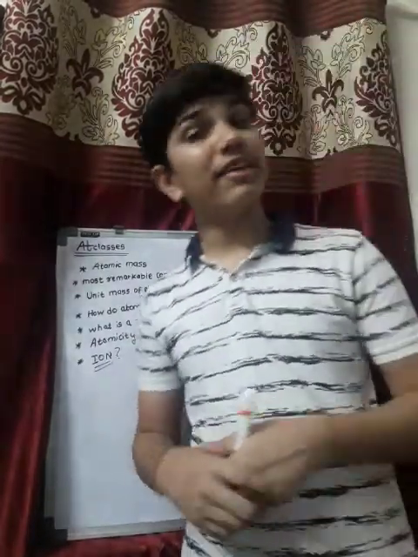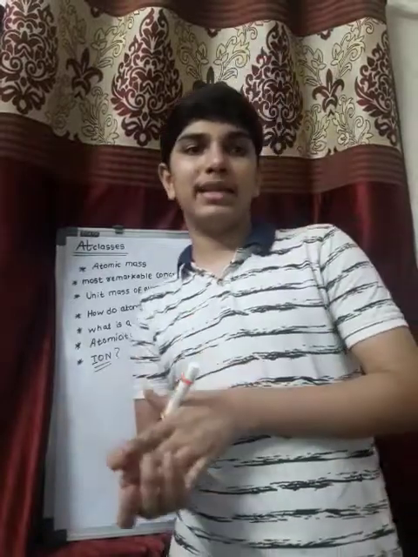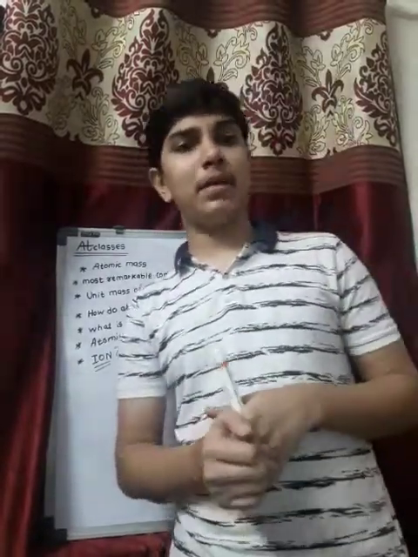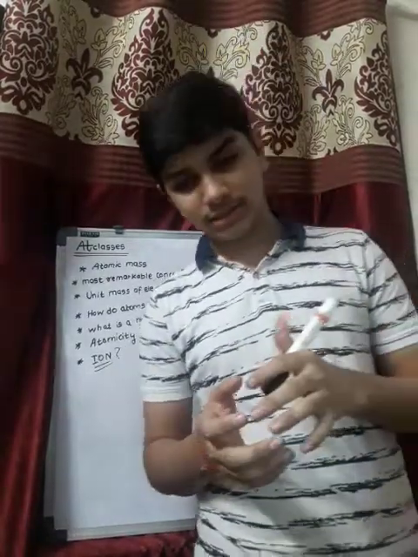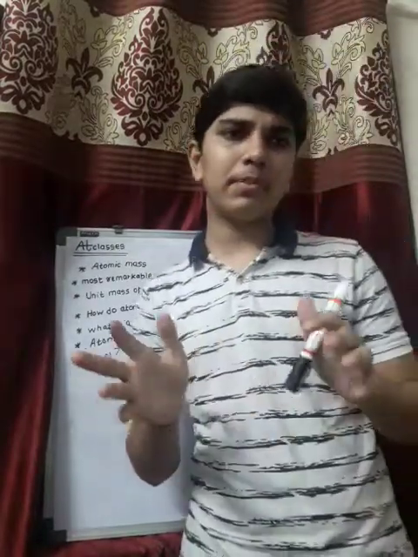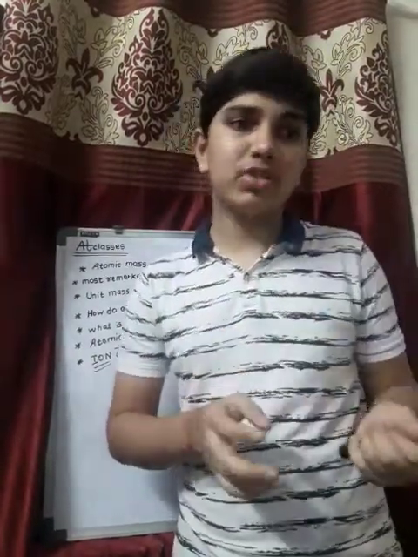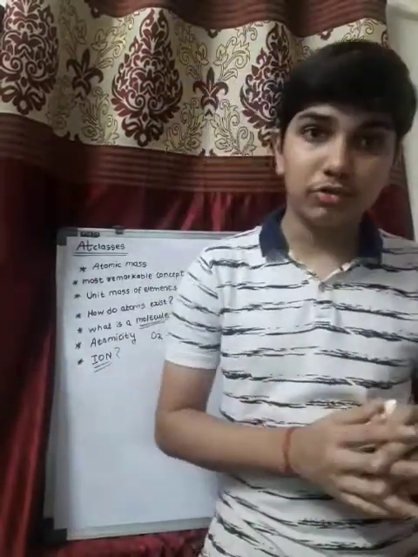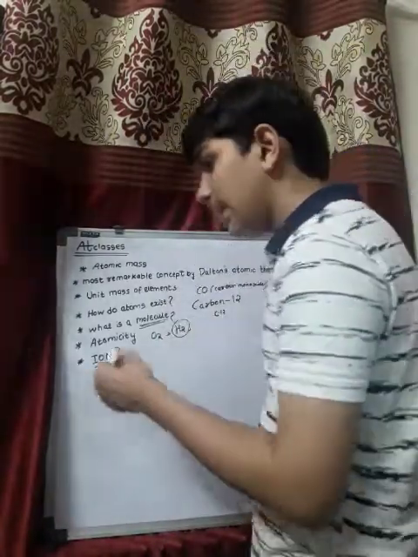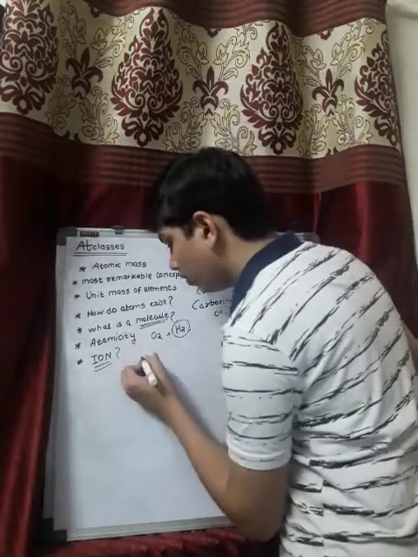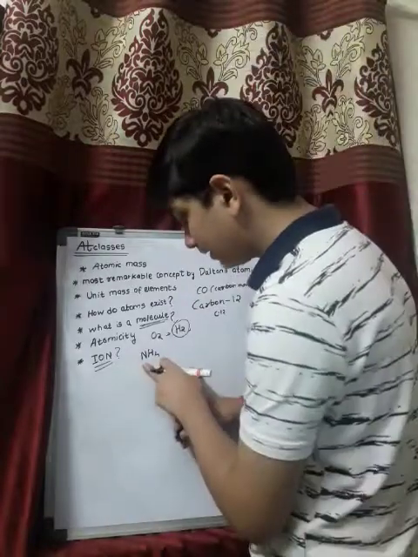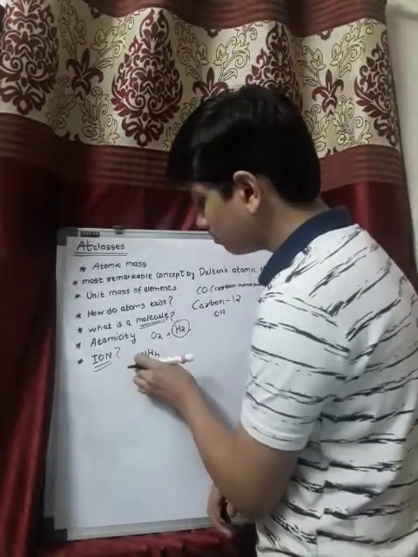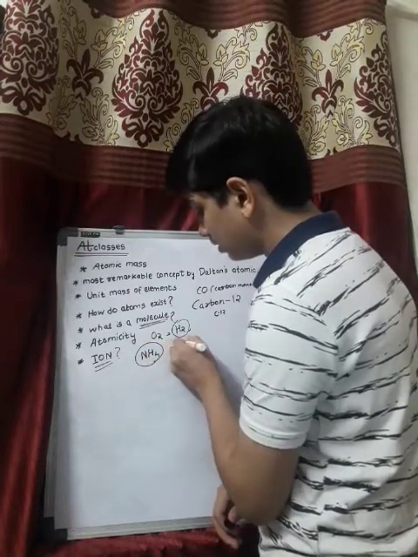Now a molecule can be defined as the smallest particle of an element or a compound that is capable of having an independent existence and also has the same properties of that substance, right? Atoms of the same elements or of different elements can join together to form molecules, right? Now we have seen ammonia. The ammonia formula is NH4. The nitrogen and the hydrogen form a molecule and exist as ammonia.